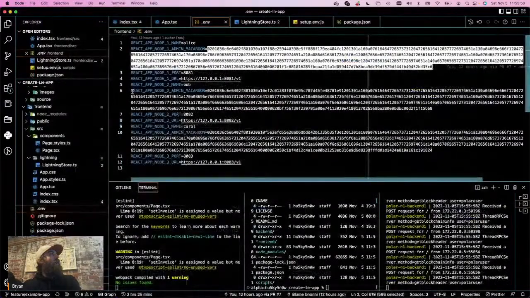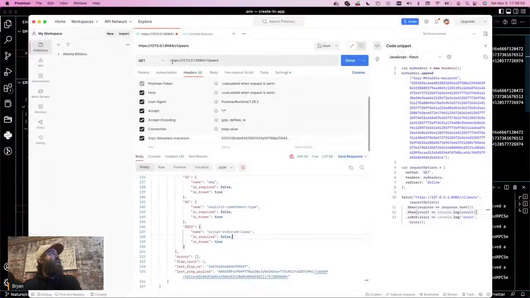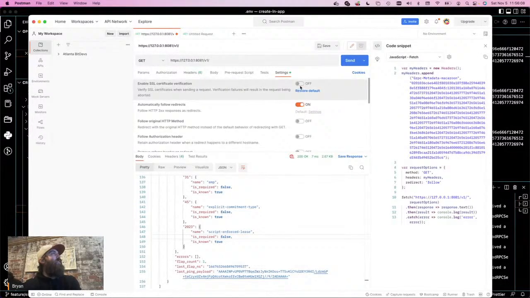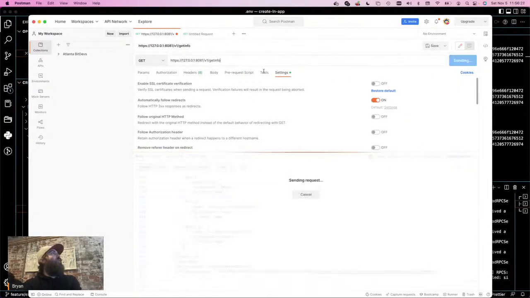From there, you go back and see that the URL for Alice's node is such. So you grab that and paste that here. Now, I think another thing you need to do is go to settings and make sure to turn off enable SSL verification because you're running a localhost on HTTPS, and it's going to throw errors at you if you don't disable that. So if you do something like get info,